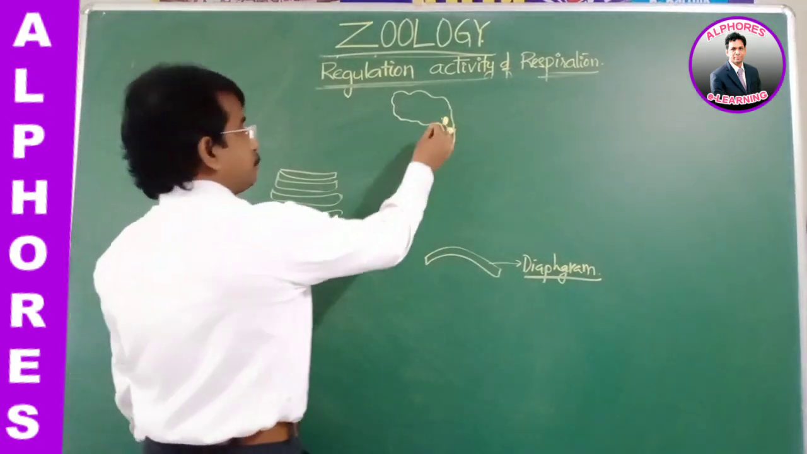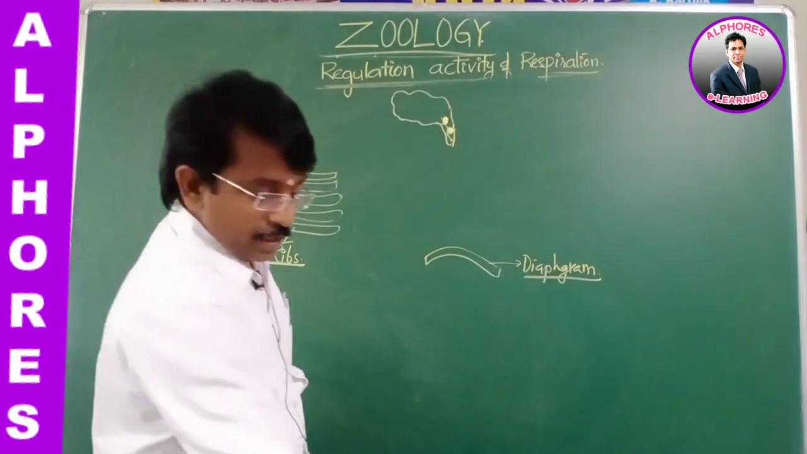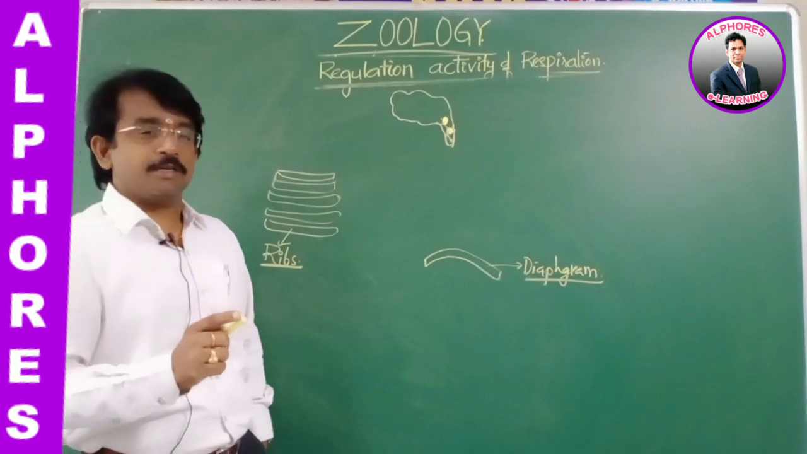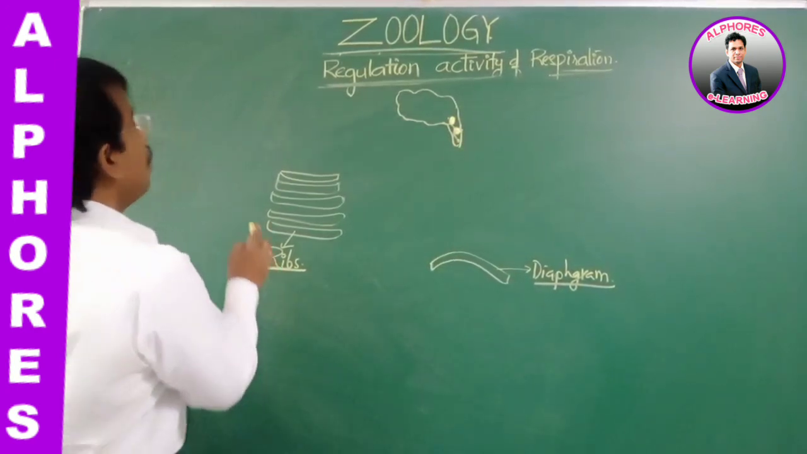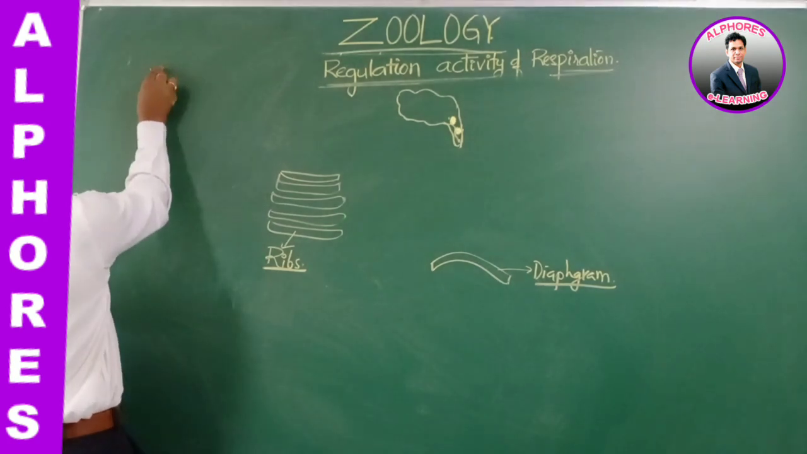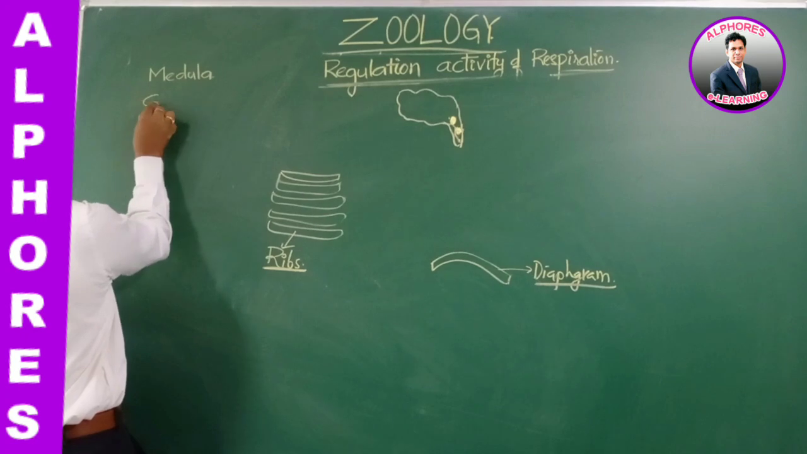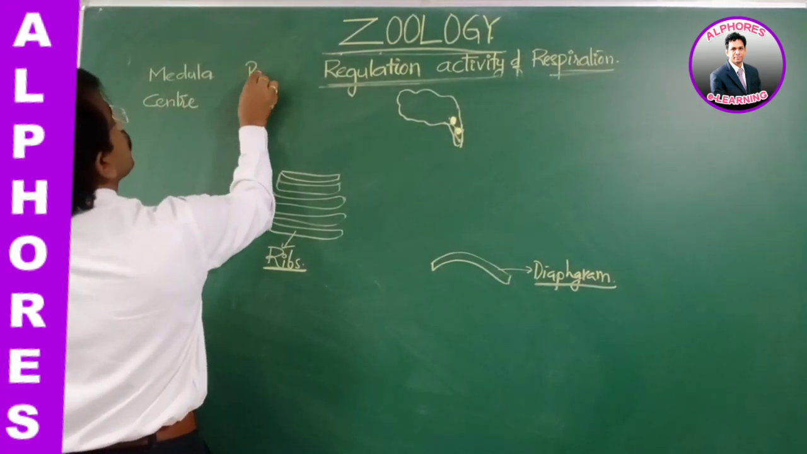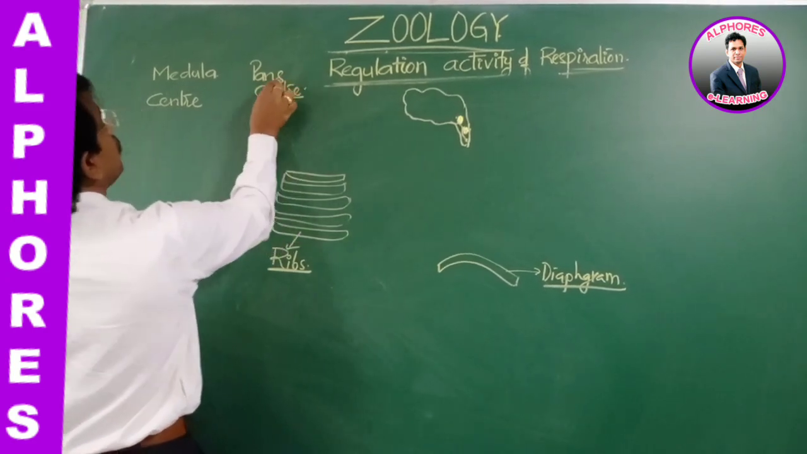Generally, the neural activity we have discussed is with the neural center. The neural center includes the medullary or medulla center and the pons center. The neural activity